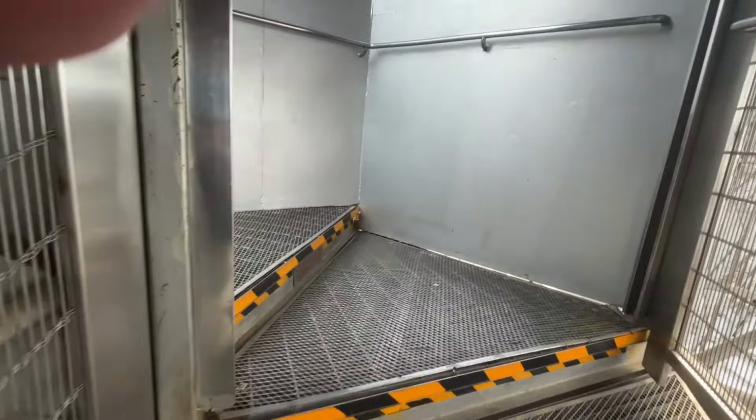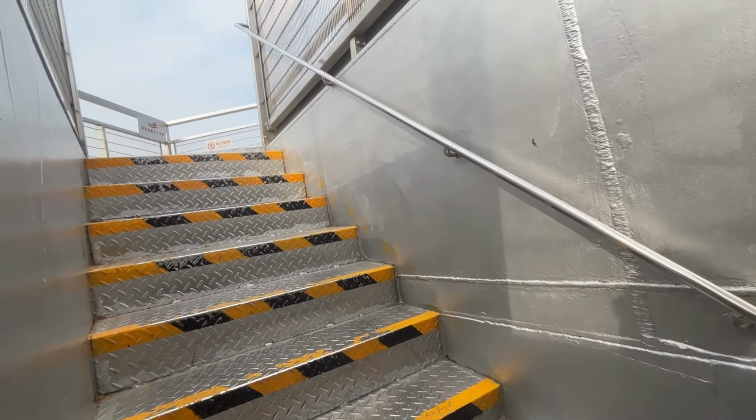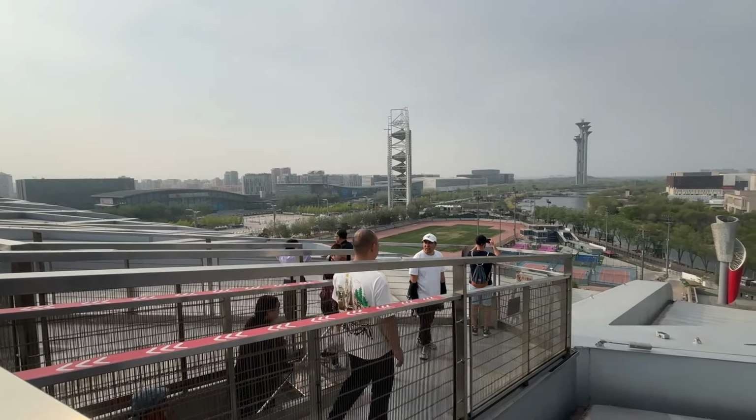So far so good, so far. I prefer steps than where you can see the bottom. Oh my god. Oh my god, oh my god, oh my god. It's not too bad, but I can feel it shaking, so...